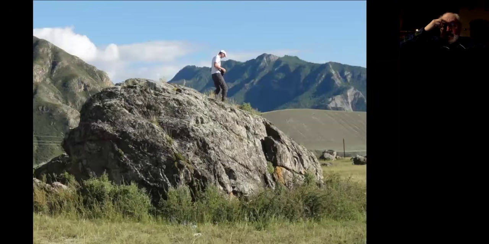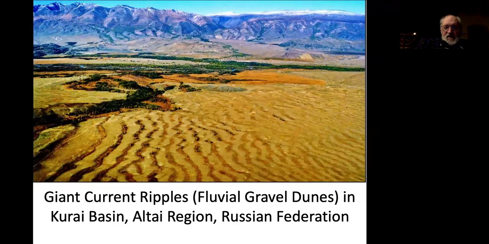So here's one of the pieces of particles, sediment, that was moved by these massive floods. This is similar to what we see in the Scabland, that the energy levels, because of the water being very deep, flowing very fast, is capable of moving blocks of material that seem impossible. But nevertheless, if you calculate all the physics associated with these floods, then they have to have produced the amount of energy to do this. The other thing that occurs in this